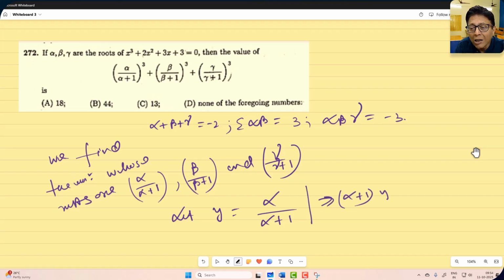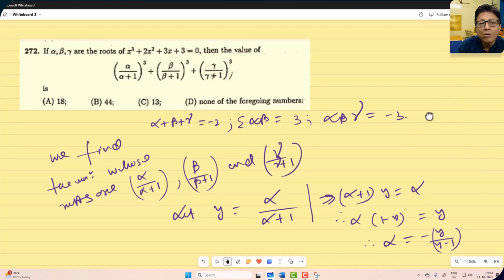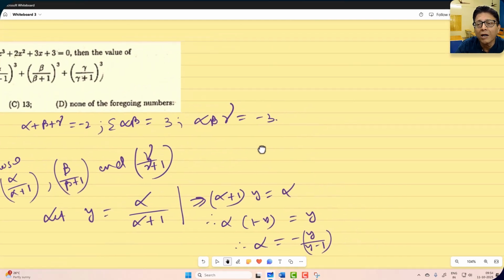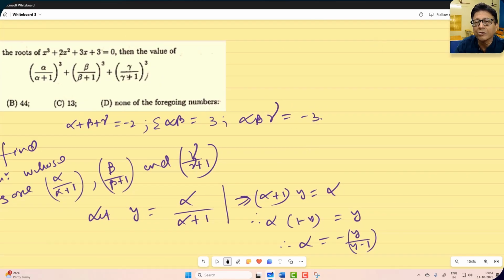Alpha plus 1y equal to alpha. So alpha (1 minus y) equal to y. Alpha is going to be minus y by y minus 1. Okay. Now we put the value of alpha. Alpha is the root of this equation, no? So we can put it there as alpha is the root of,